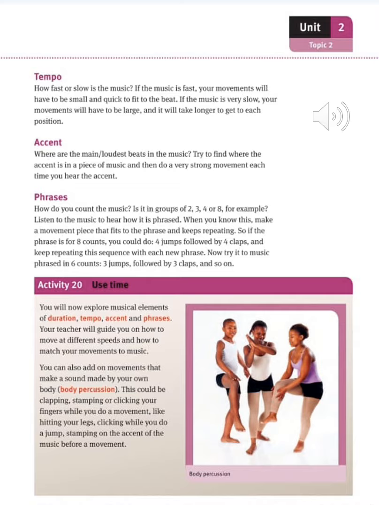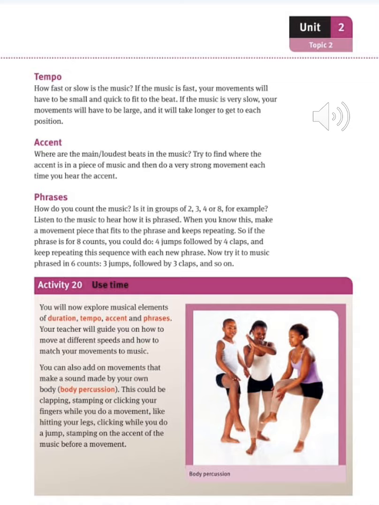All right, so let's look at activity 20, use time. You will now explore musical elements of duration. Remember, we said that duration refers to how long, tempo refers to how fast or slow music is, accent, which we said we are looking for the loudest beat in the music, and then phrases, which is how you count the music. Your teacher will guide you on how to move at different speeds and how to match